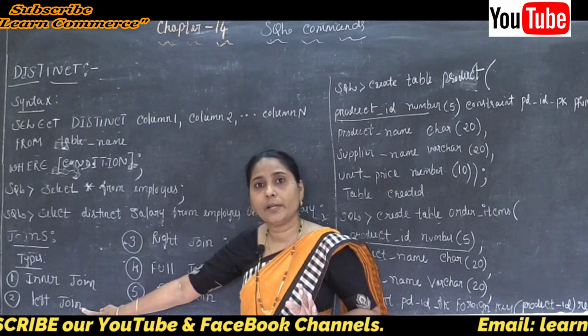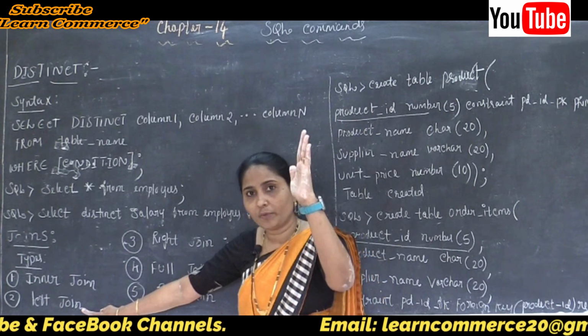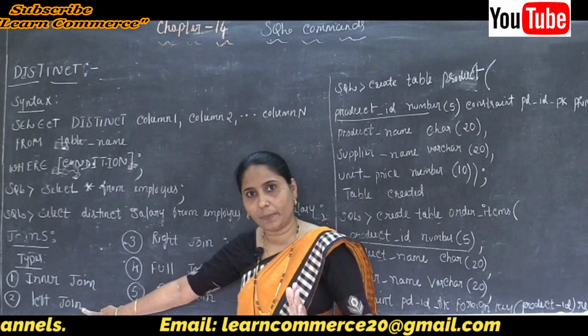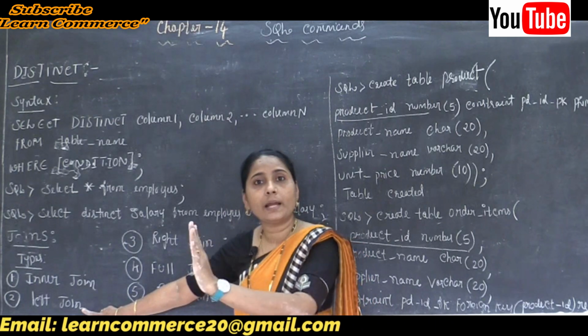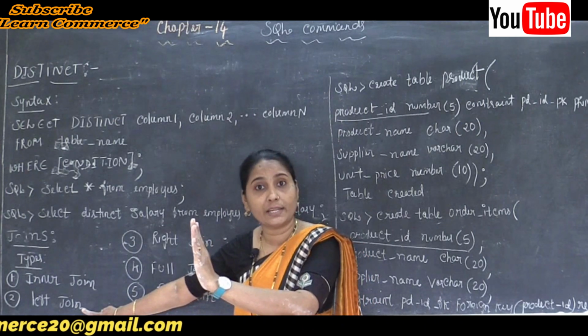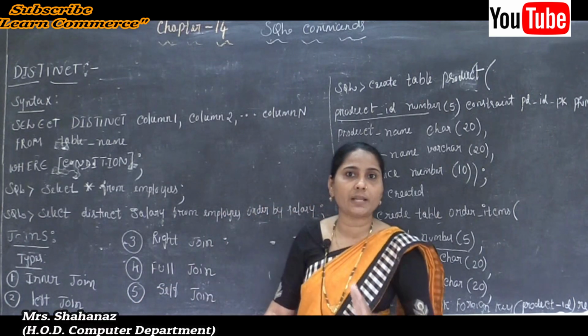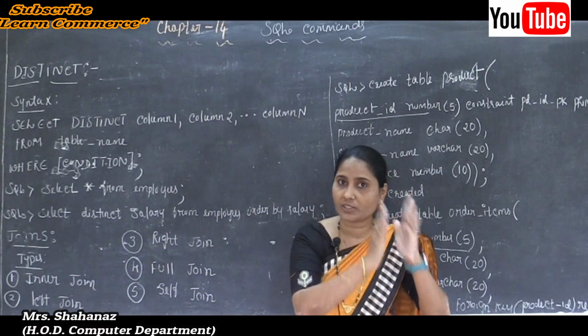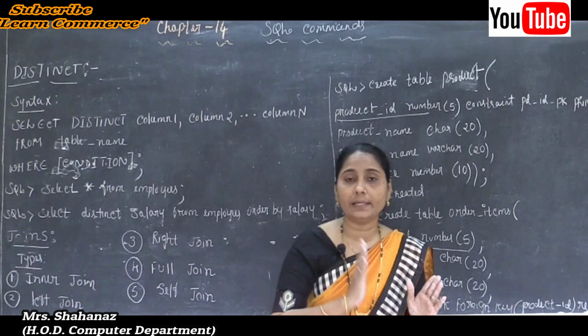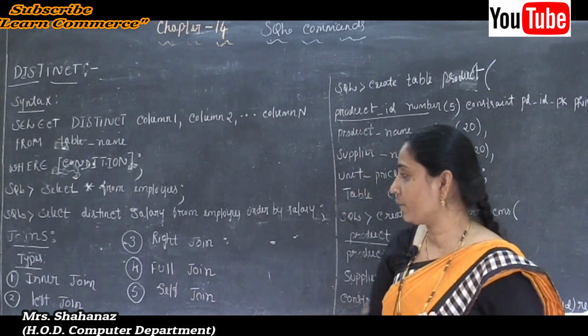Clear on this point? It joins the left first table to the left second table, but maybe there are no matches in the right side of the first and second tables. Even if both are not going to match, it still joins the left first table to the left second table. That is called the left join.